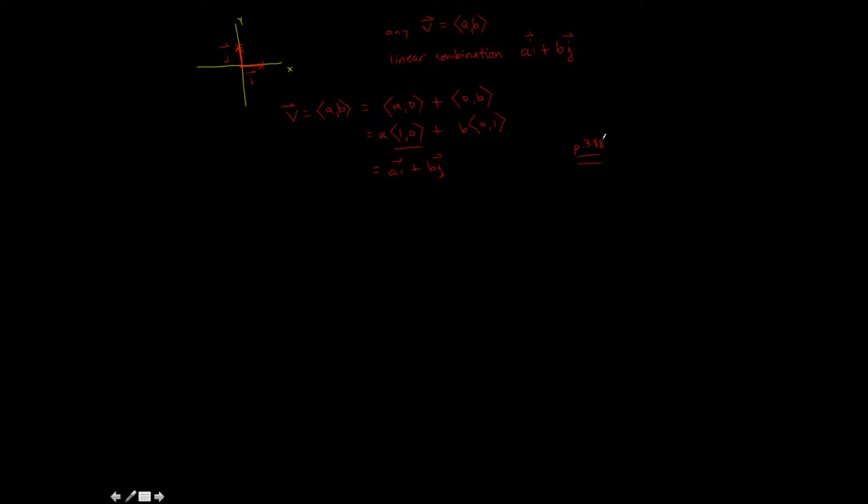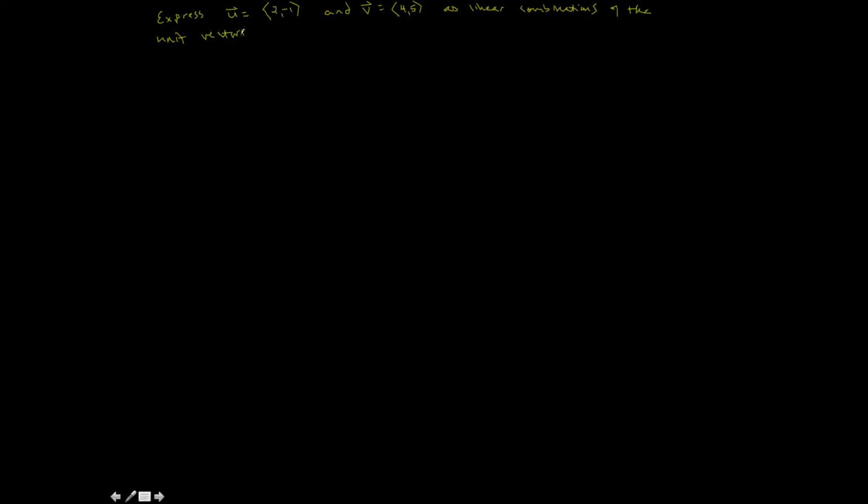Okay. So, for instance, let's look at an example. Express vector u, which is 2, -1, and v, which is 4, 5, as linear combinations of the unit vectors i and j. Okay, so